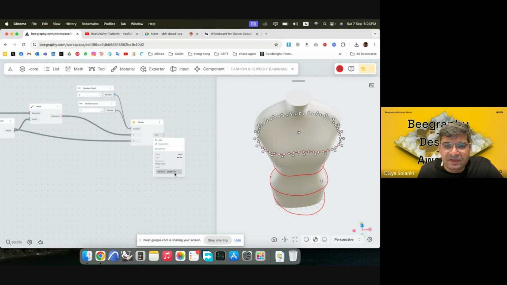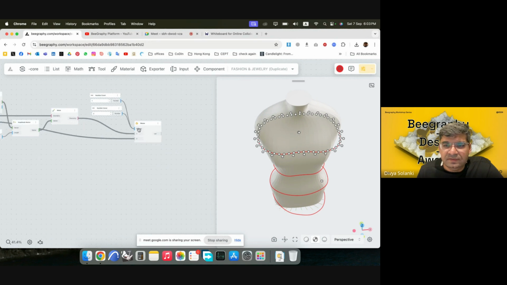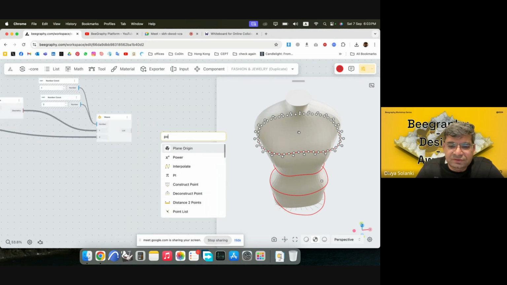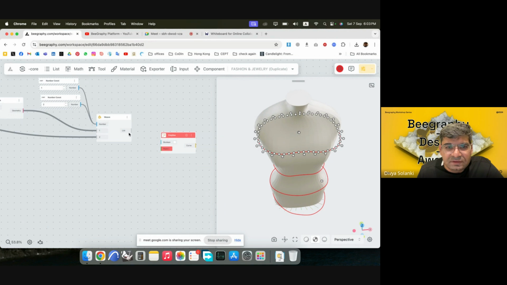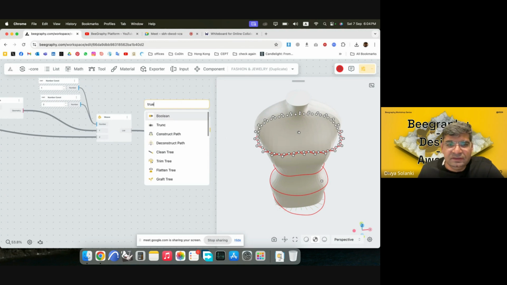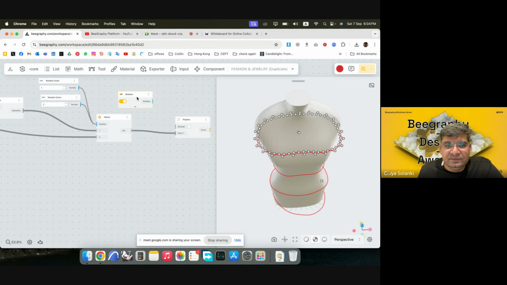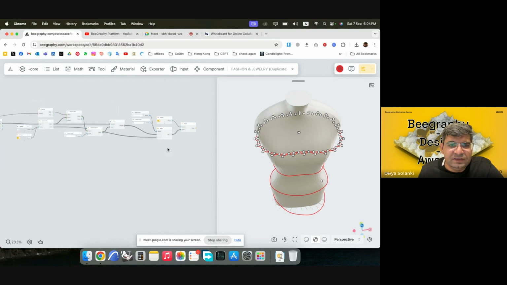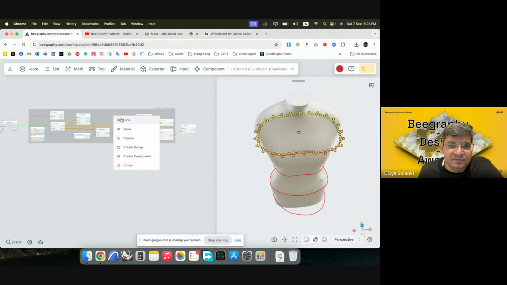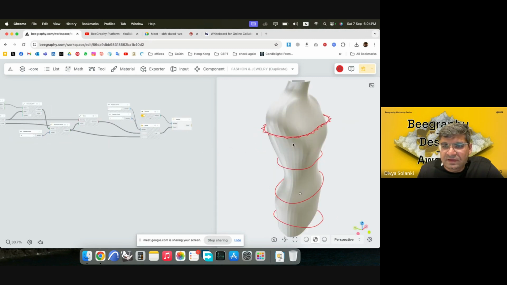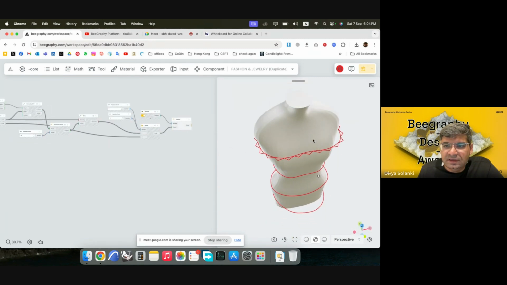Now again we have 50 points that we can interpolate. So I will use a polyline, this one, and then we can plug this in. The boolean asks if this needs to be closed or not, so I will write a true for that. I'll get the boolean and put this in here. Now, if I switch off the whole of the previous part, you can see we have an interesting chevron